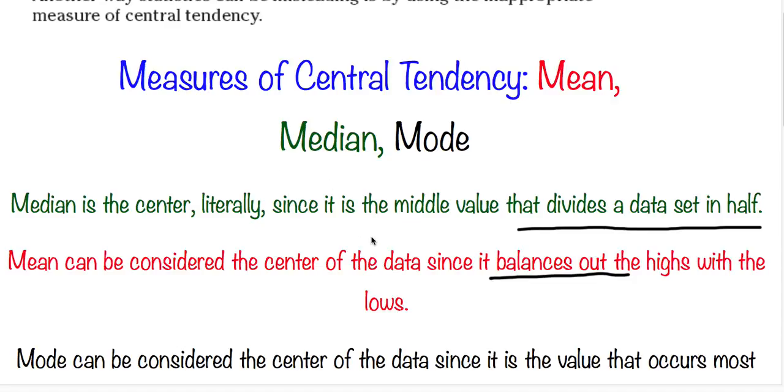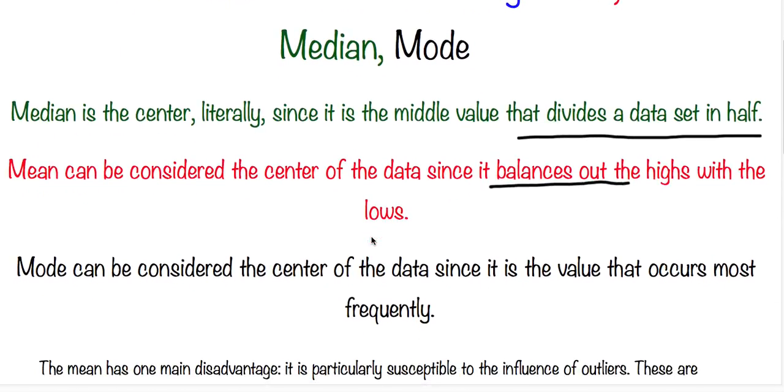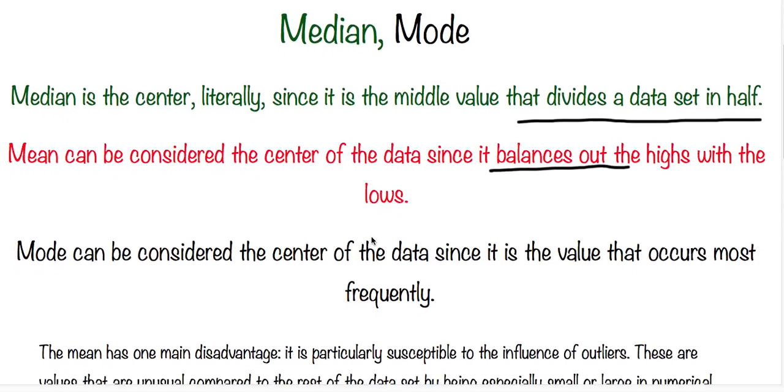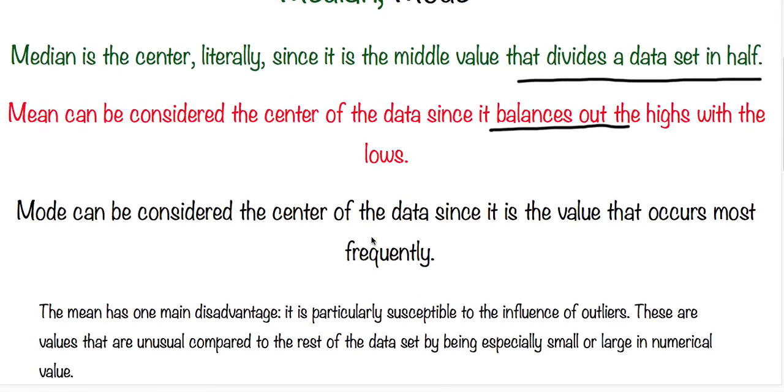But there's a problem. Sometimes we can misuse mean, median, mode for our own purposes to mean some other stuff. When can they be misleading? Okay. The mean has one disadvantage. It is particularly susceptible to the influence of outliers. Okay, these are values that are unusual compared to the rest of the data set by being especially small or large in numerical value. Let's take, for example,